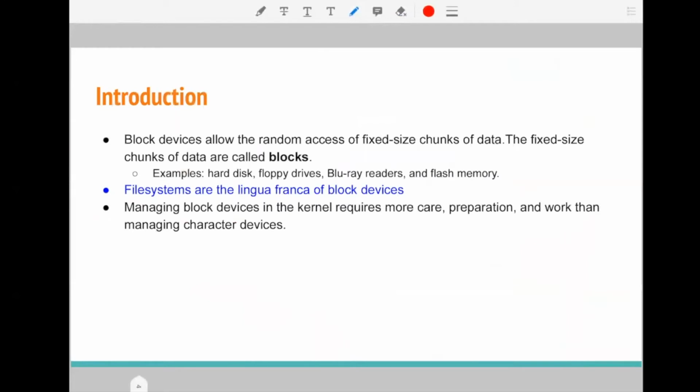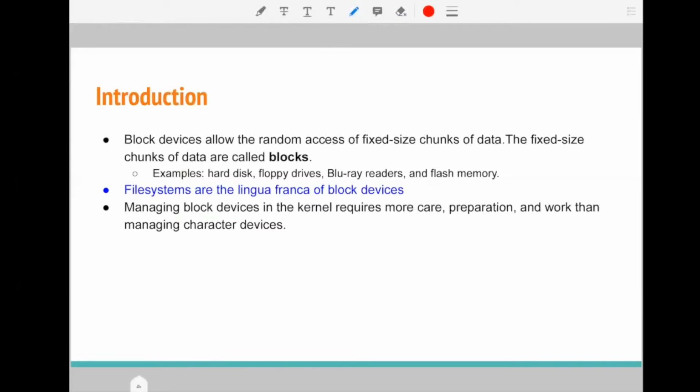So let's now discuss what a block device is. To understand a block device, we first have to differentiate between a character device and a block device. In the case of a character device, we read input character by character as a stream of input.